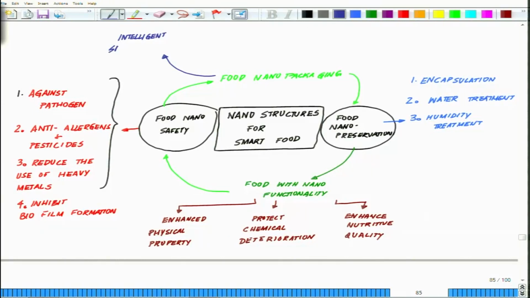Another area is active antimicrobial packaging,